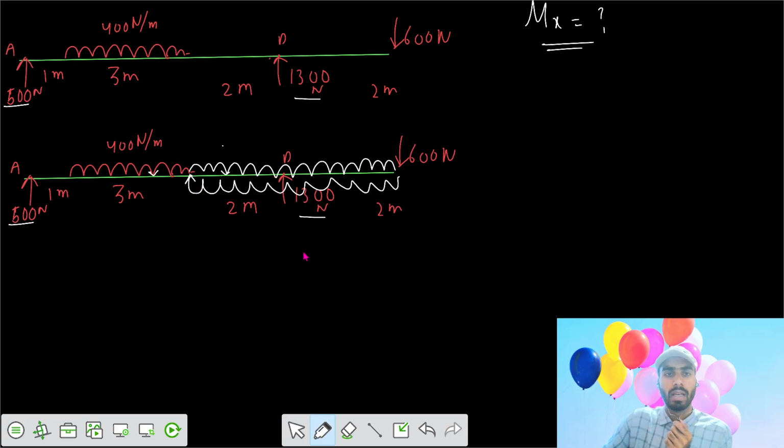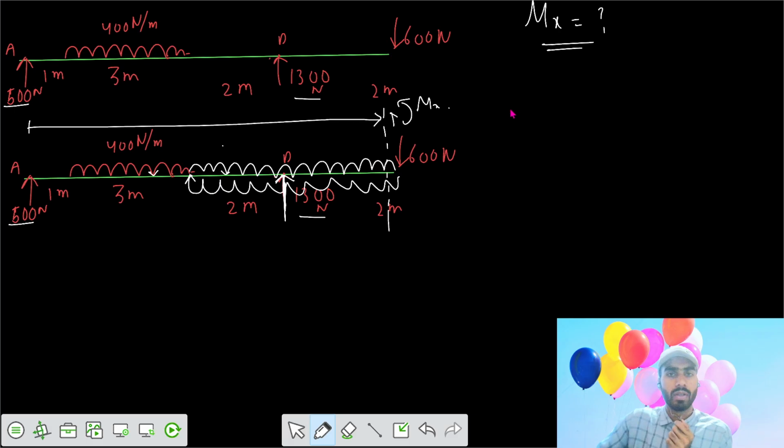So we can say that let's cut a section at x. Say this is your section at x. We can write here the shear is Vx, and the moment here is Mx. We can write the equation: 500 into x, clockwise, then minus 400. The total length is x, but the UDL is acting for this part, that 400 into